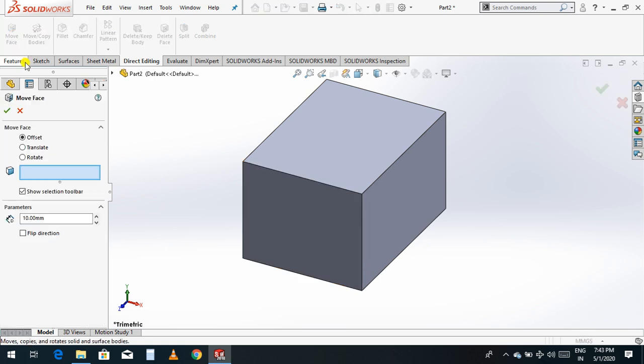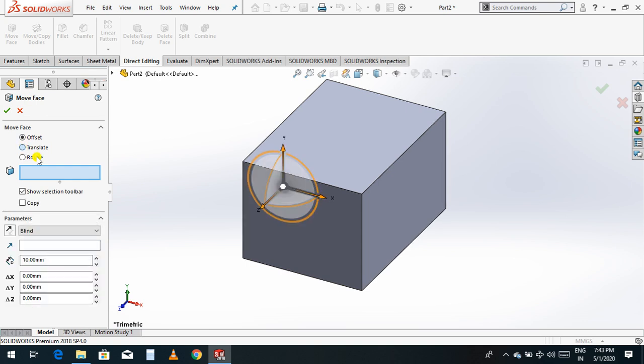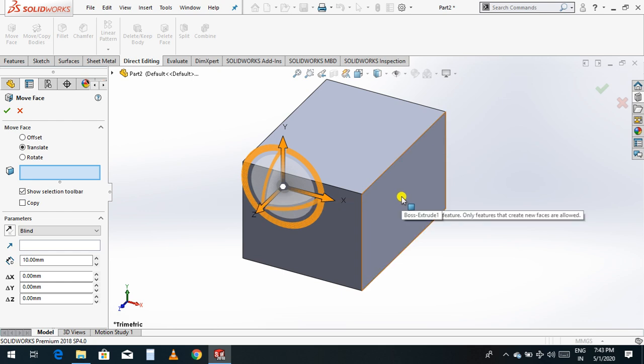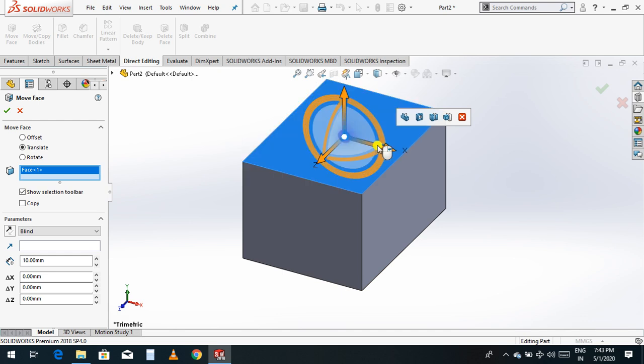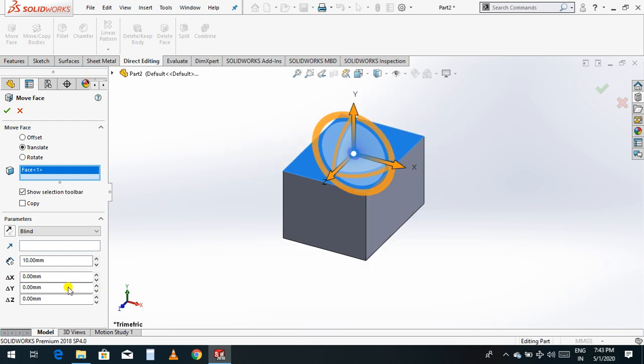Another option in move face is the translate command. Just select translate and choose this top face. This is the x-axis and this is the y-axis. I'll give a y-axis direction extrusion of 30.